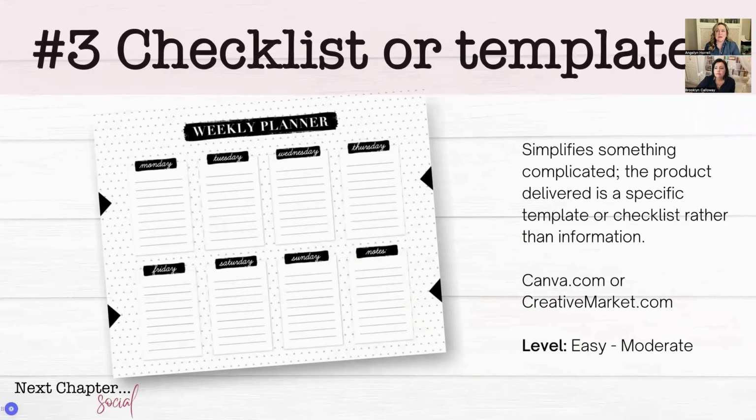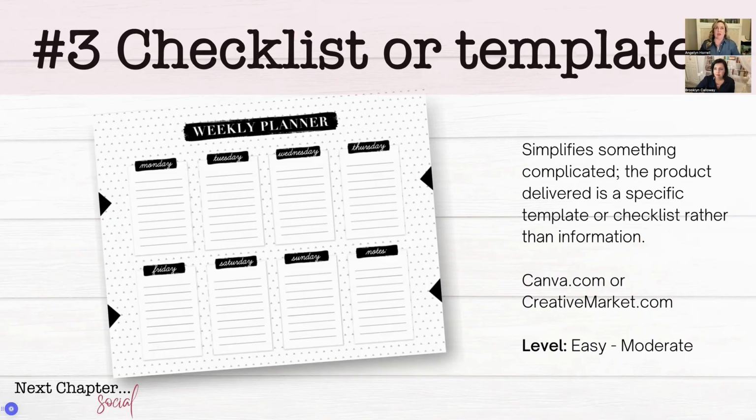Okay, a checklist or a template. This speaks to my Enneagram 3 personality. I love this. Simplify something complicated. The product delivered is a specific template or checklist rather than information. So you're giving them a tool, okay? Not just a how-to, you're giving them a tool. So it could be